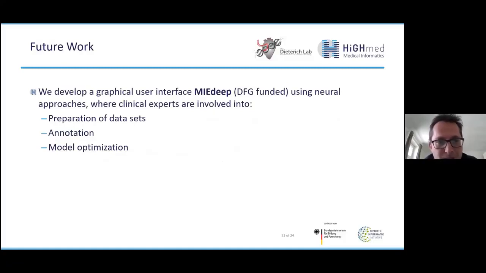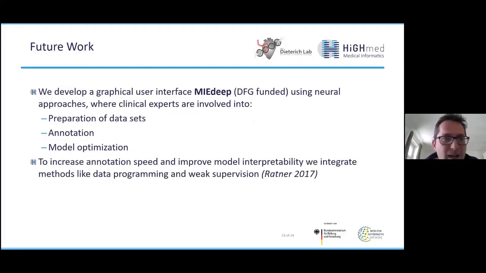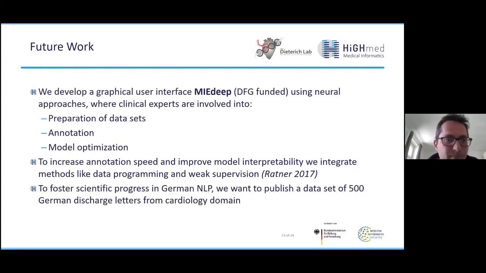We want to involve the clinicians in the preparation of data sets, the annotation, and the model optimization process. And to increase the annotation speed, we want to improve the way the clinical experts annotate, using state-of-the-art technologies like data programming, weak supervision, or active learning.